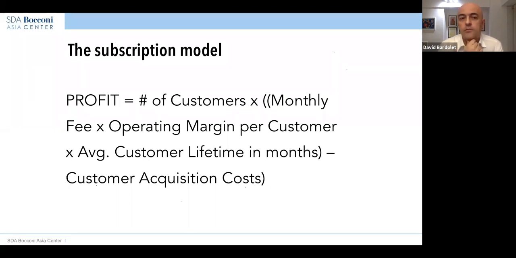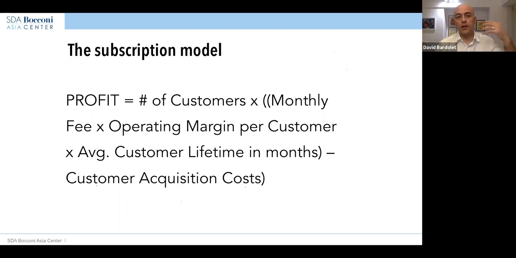And then the fourth variable that also plays into the profit that I can make is, okay, the first three just give me the amount of profit that I can make out of every customer. But then I have to subtract how much money it cost me to get that person to subscribe. How much marketing did I have to do? How much sales effort? Did I have to spend a lot of money to reach into the market and convince those people to subscribe? Then every subscriber will become very expensive to get. If they are coming without me doing anything, of course, the acquisition cost is zero.